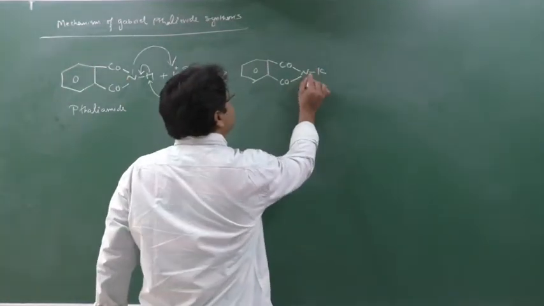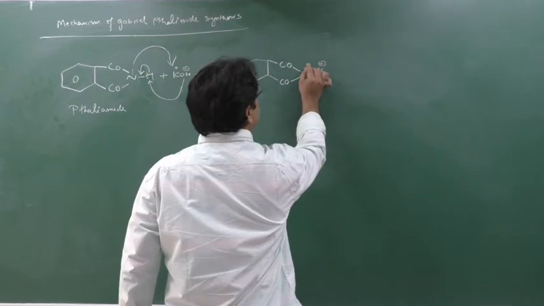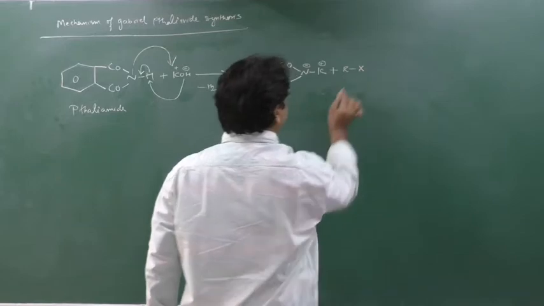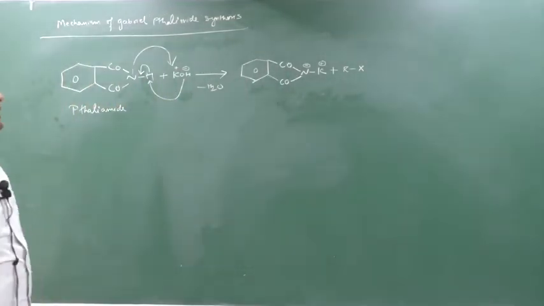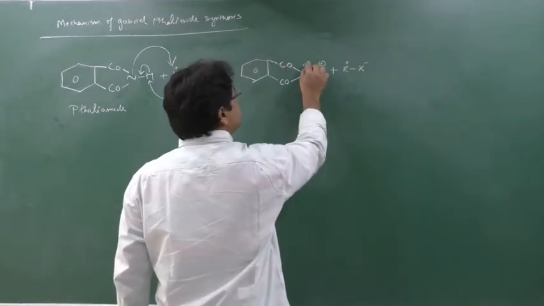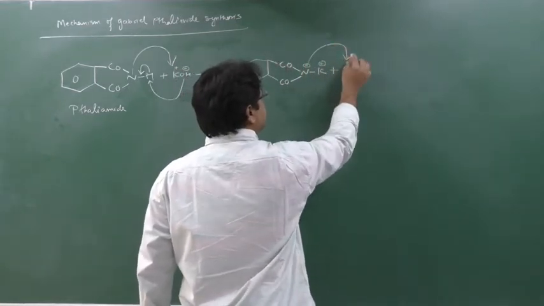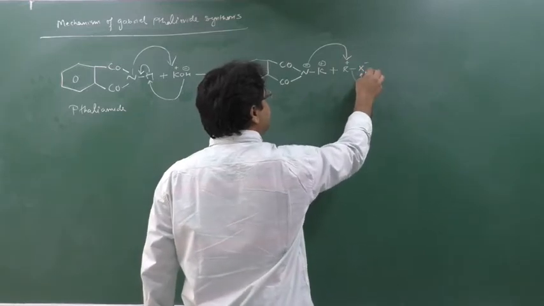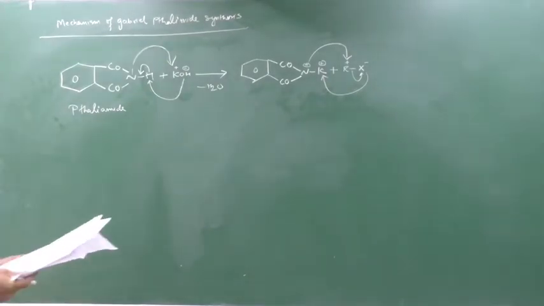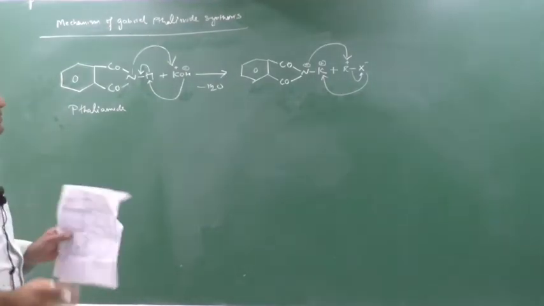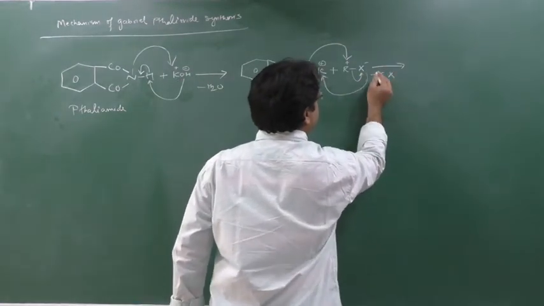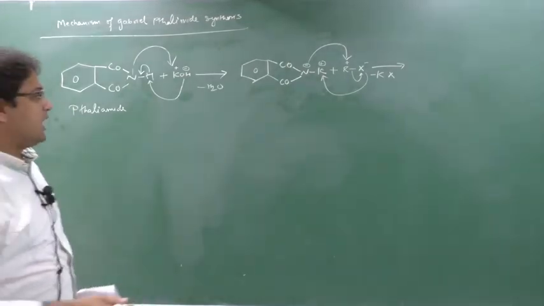So now next. Here also again, out of these two, this will be having the partially positive charge, this will be having the negative charge. Now in the next step, RX is going to come, alkyl halide. Clear? Now you know, being an RX, here partially negative charge, here partially positive charge will come. So this nitrogen will attract, this will release from this place, and this X will be related to this potassium. See this, I am just shifting plus minus, nothing else. So what will be removed beta? KX will be removed, yes or no?